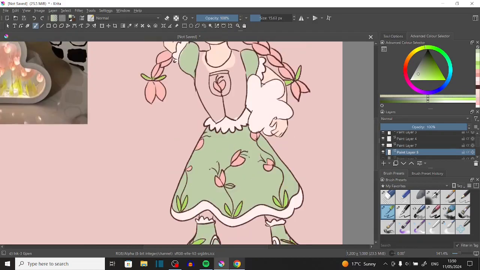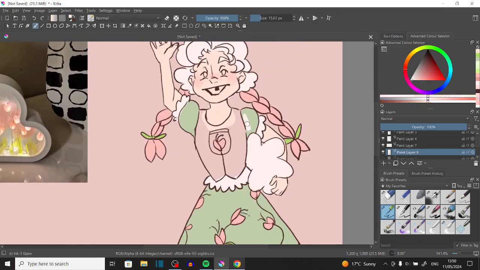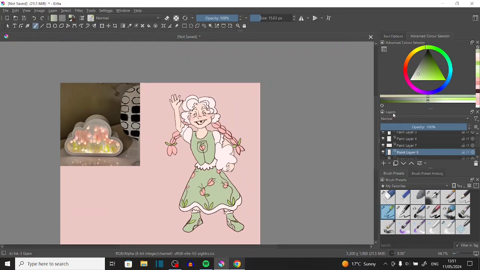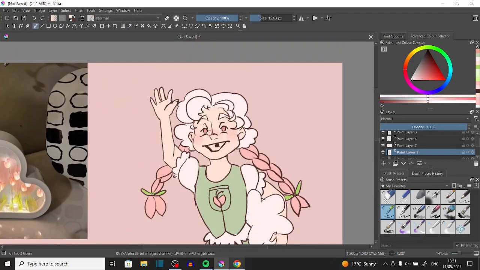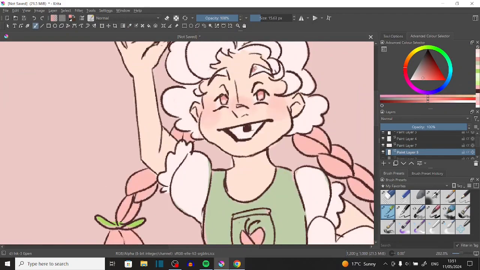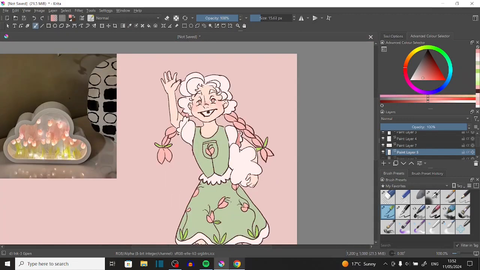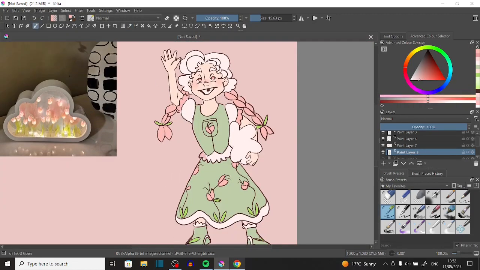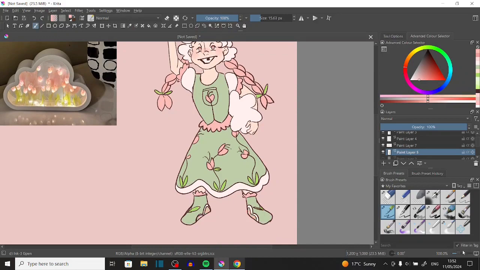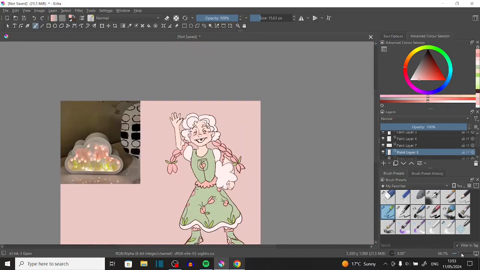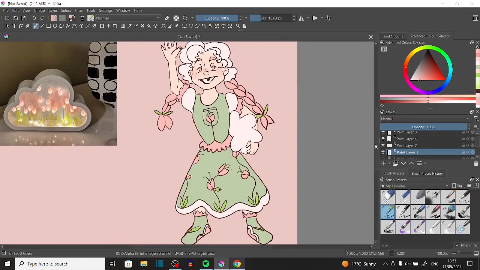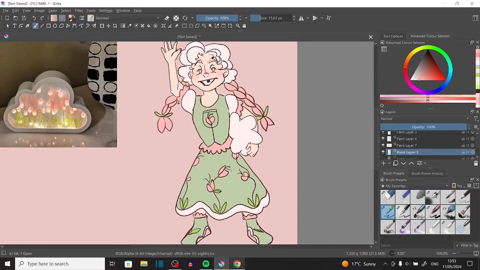Again, if you have names for her, put it in the comments down below. Another thing they're not aware of as of now is if she's going to keep aging once she's an adult, or if she's going to stop aging. No one knows, so I guess they'll find out eventually. Also, the flowers in her hair, I like to imagine, will wilt when she's upset, because I think that's interesting. I don't know how to draw that, but we can pretend I do, and I can figure it out.